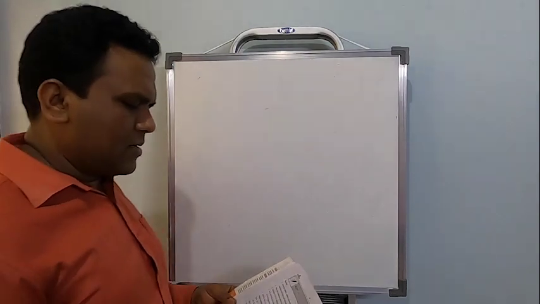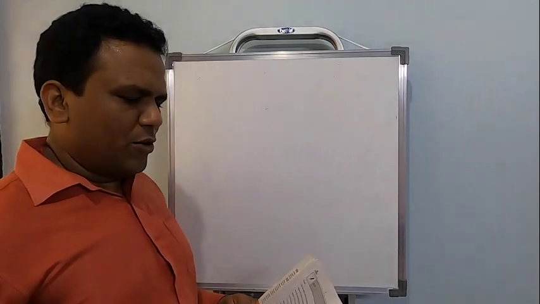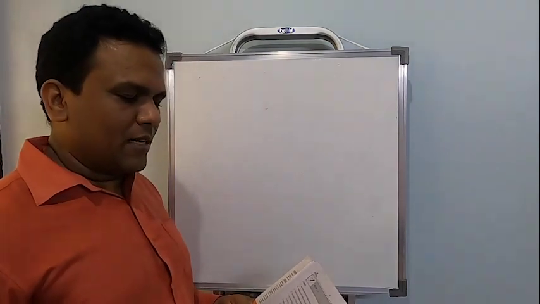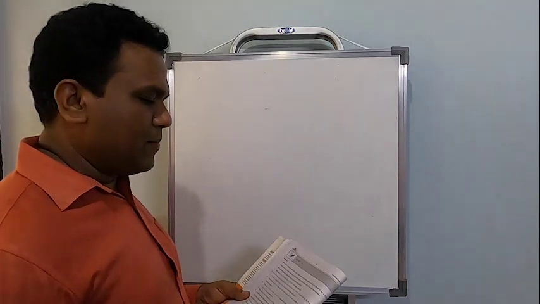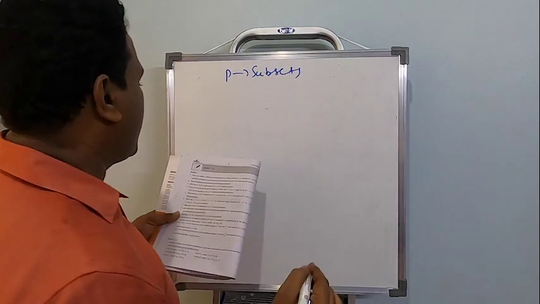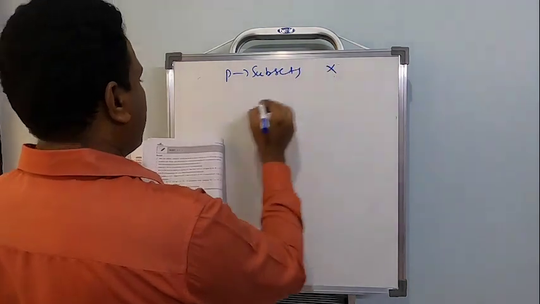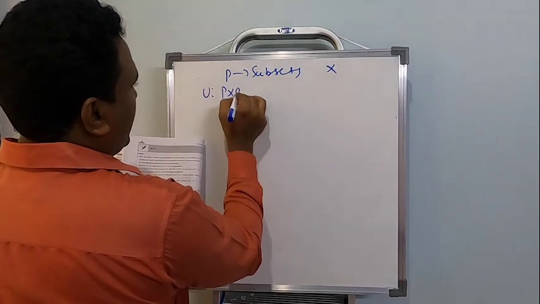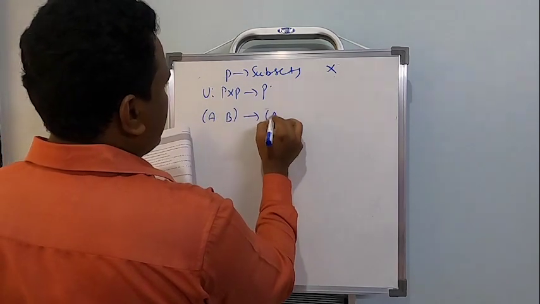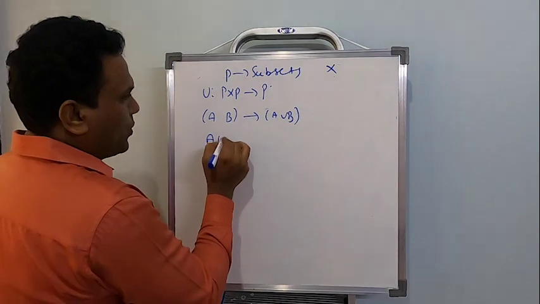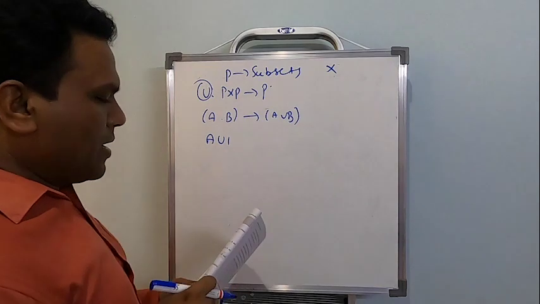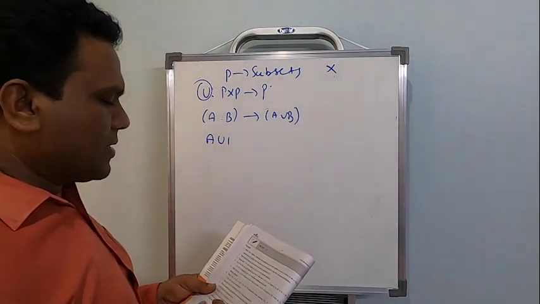Example number 4 is not so important, but still it's a simple thing. It's based on union and intersection. So what is the union of two sets? It's still going to be a set which is present in P cross P. What is P actually? P is the set of all subsets of a given set X. The union is defined from P cross P to P. It is defined as A comma B going to A union B, meaning the operation they defined is union. And in the other one they have defined it as intersection.